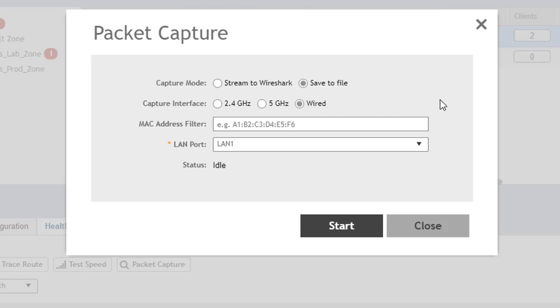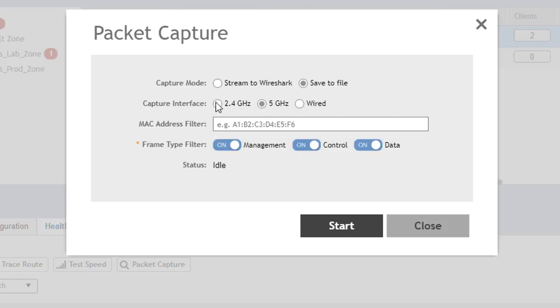Each of these, you'll notice, has a MAC address filter option. So that doesn't change. When we're doing a save to file, we can filter on a specific MAC address in the data stream and only capture traffic to or from that MAC address, and forward that off to, or put it in the file to be looked at in Wireshark, so we don't have to see all the traffic in